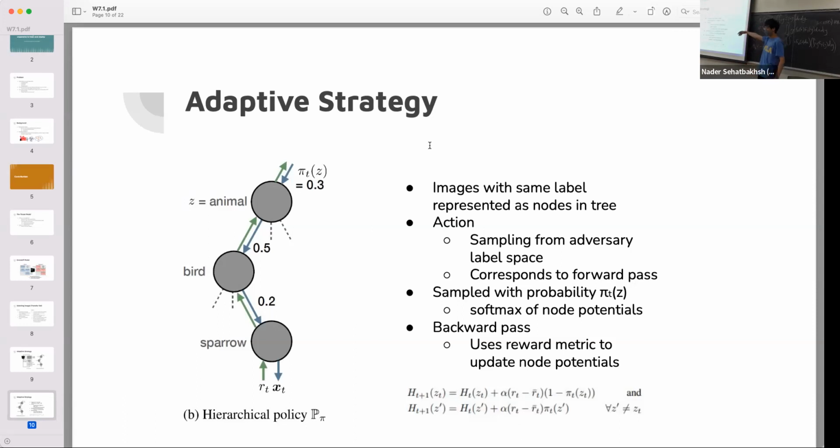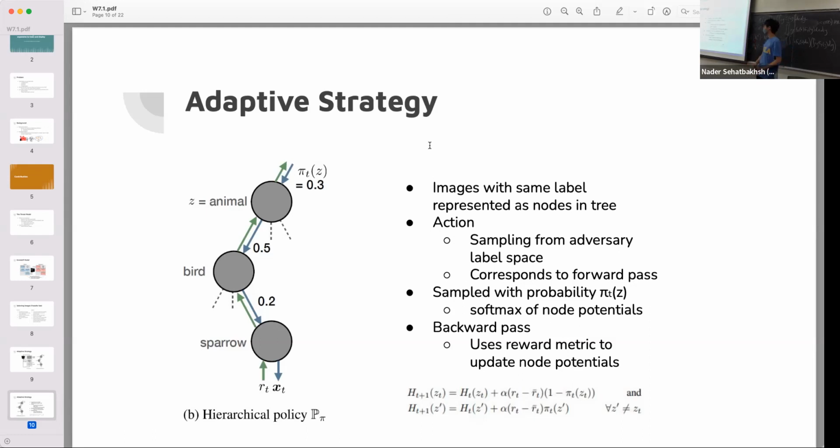And then we just keep going until we hit a leaf node, basically. And then once we hit the leaf node, we are done. And we feed that back. If you check the green arrows, that is using the reward to update the policy. So it's sort of like the equivalent of the backward task. If you see at the bottom, that's like the equations it's using to update